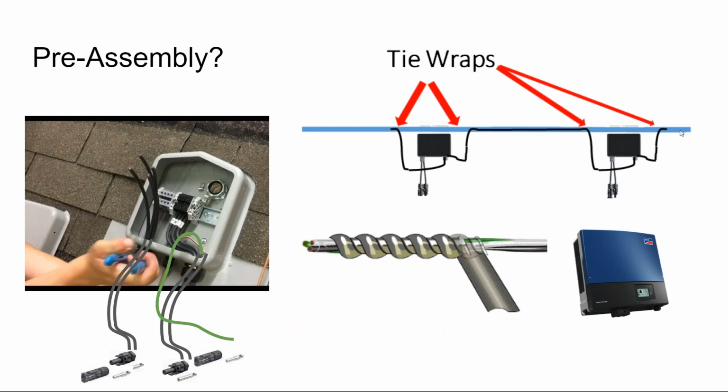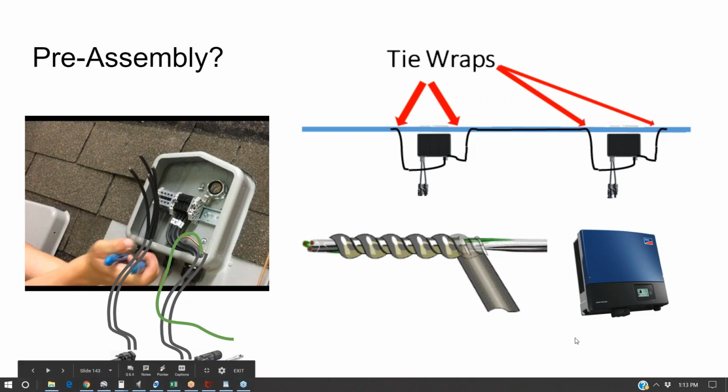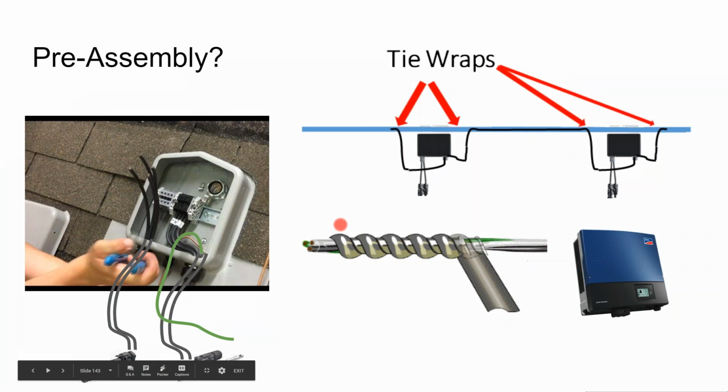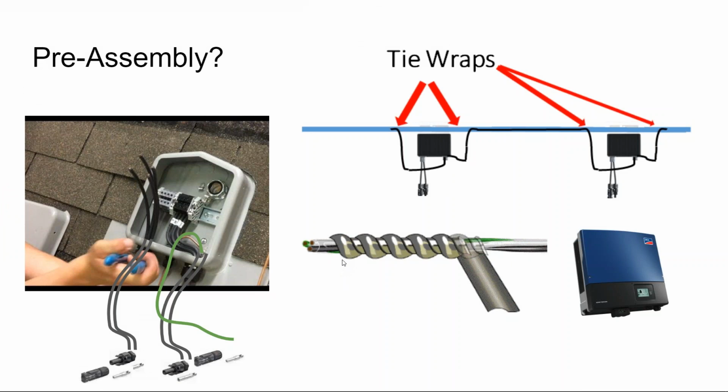So a lot of this stuff now we do down on the ground with pre-assembly so that it makes the install just go much faster. Anything you can do on the ground, any kind of pre-work you can do, as far as pulling your cable through the conduit before you get up into the attic, which is something you can only do with flexible conduit. Generally, that's going to get your costs down, and often it'll improve the quality of your work too, because you're not doing it on a hot, slanted surface.